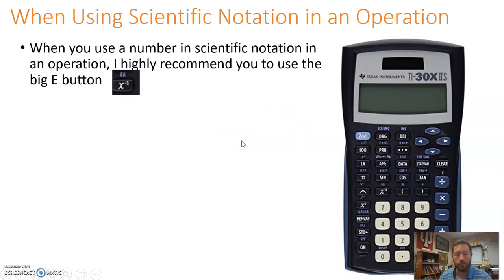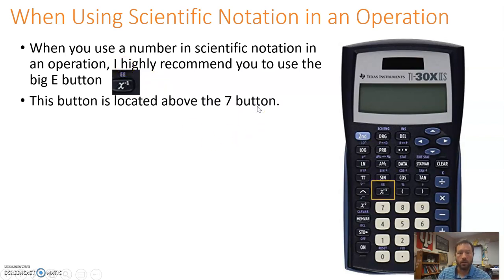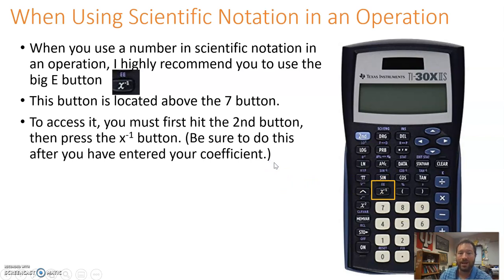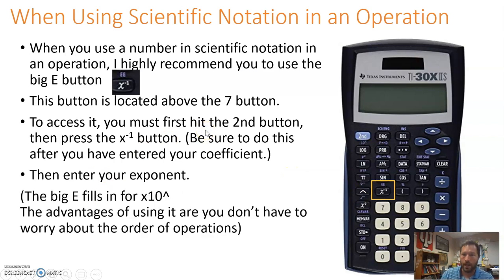So I highly recommend what I call the Big E button. So when you use a number in scientific notation in an operation, use the Big E button. It's located above the 7 on your TI-30X. To access it, you have to hit the second button again, followed by the inverse button next to the -1. Before you do that, though, make sure you guys have your coefficient entered. You follow that Big E button with your exponent, and voila, you'll have your scientific notation